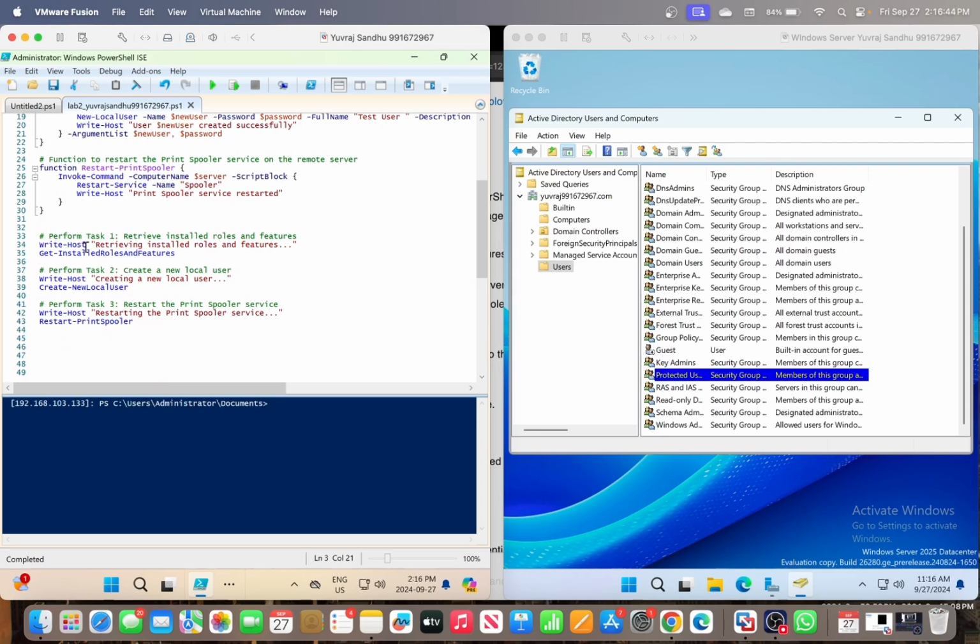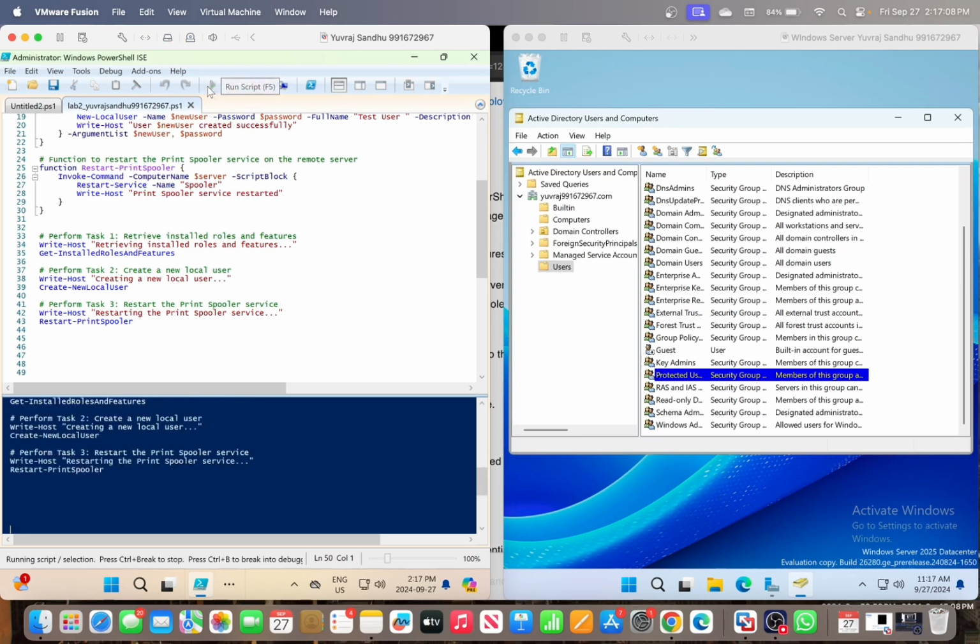And then for each task, it will write to the PowerShell terminal: retrieving roles and features, creating a local user, and restarting the printer spooler service. So all of this will be executed on this server VM, not locally. So when I run the script,